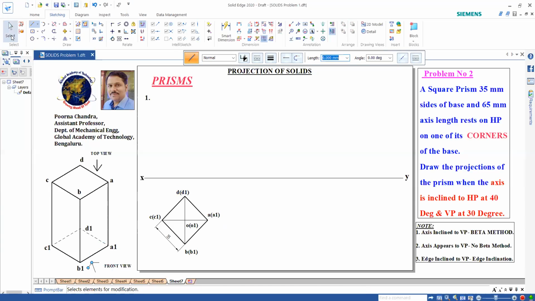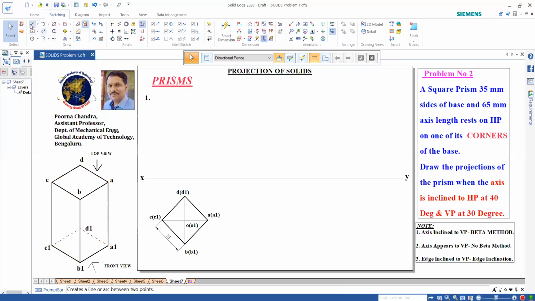Now the top view, you can watch the corner is lying here. AA1 in bracket, BB1, CC1, DD1 from the top. If you watch from front, you are able to watch AA1, BB1, CC1.